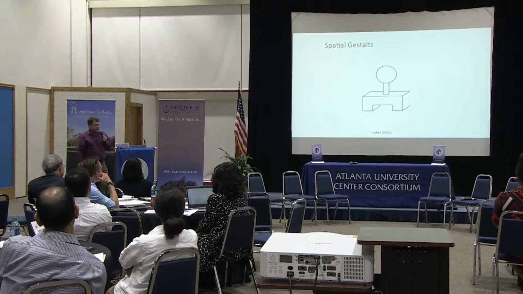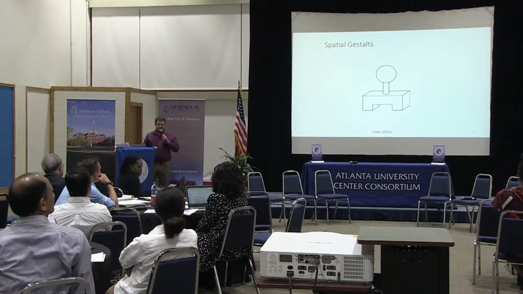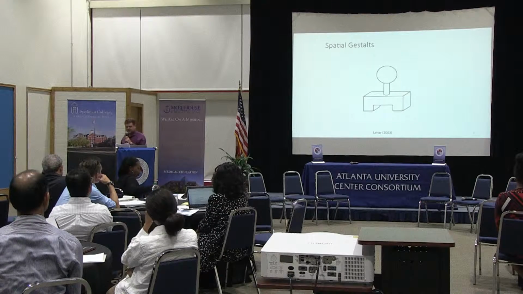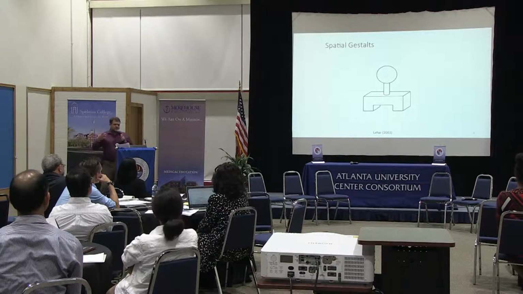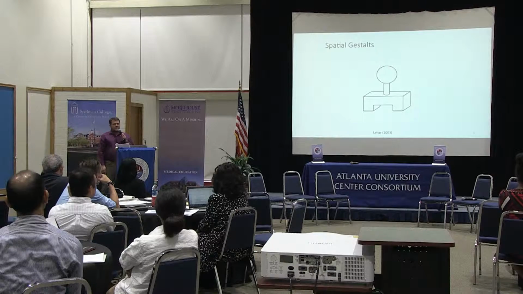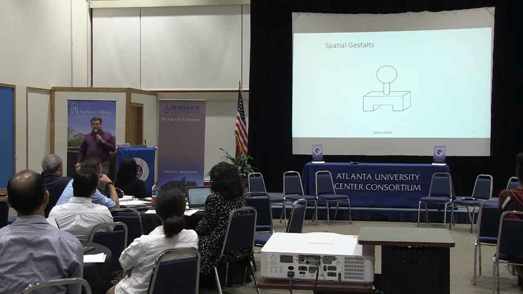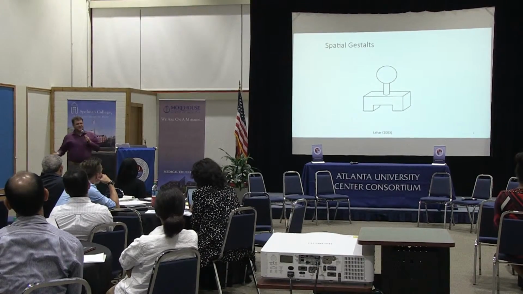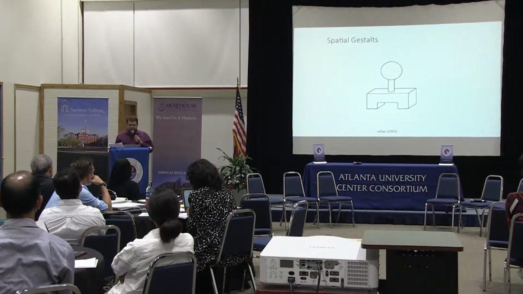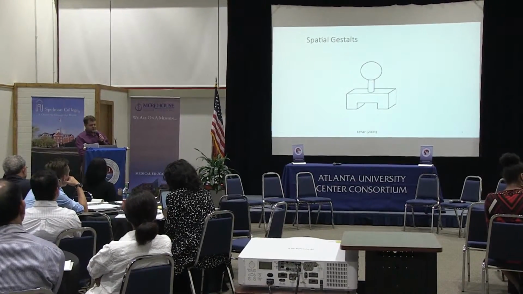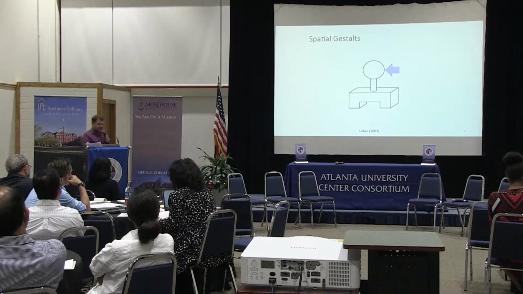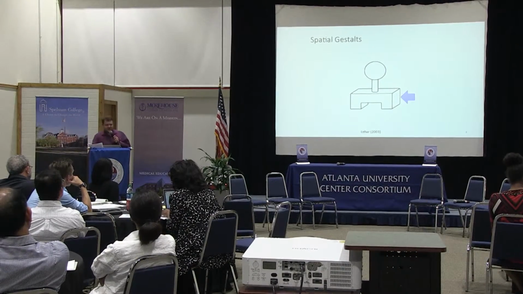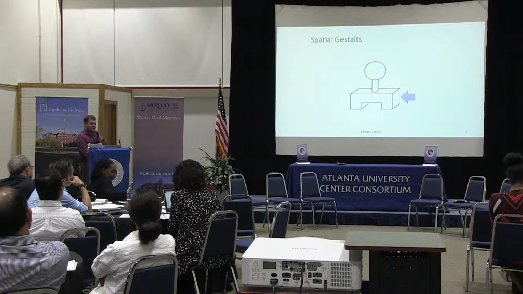So in music, we talk a lot about Gestalts. Some of you psychologists may know Gestalts. Some other people may know about Gestalts as well. But basically, Gestalt psychology thinks about how we form categories in our mind. You know, cars come in a lot of different shapes and sizes and colors, but we know that's a car, right? So here's a more abstract example of a spatial Gestalt. It has some sort of handle, some sort of implement. I don't know really what it's called. It's just a made-up object, but we can maybe form a category based on this.